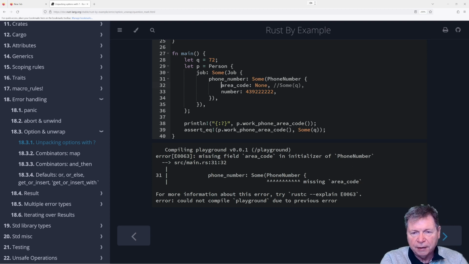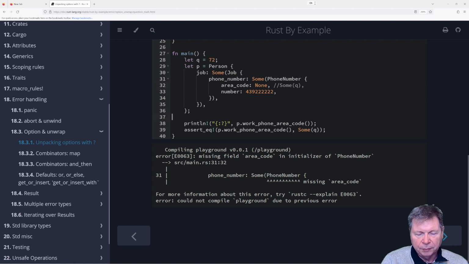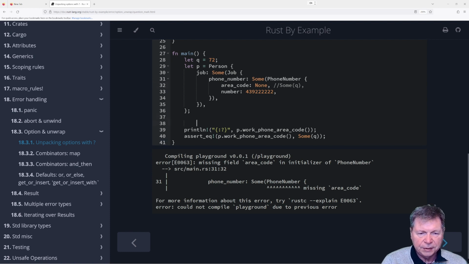And what if, let me try one more thing here. Can we say P equals P dot job dot phone number dot area code equals Some Q?